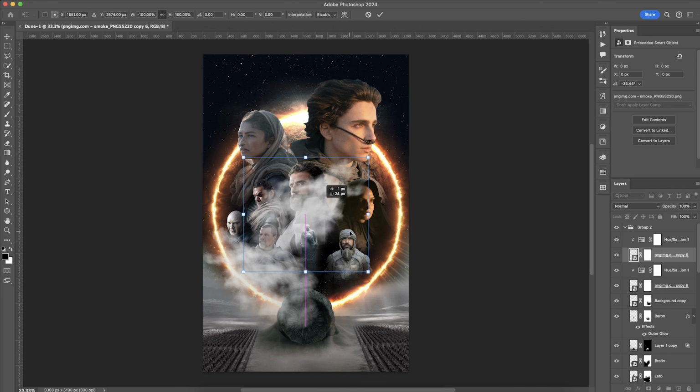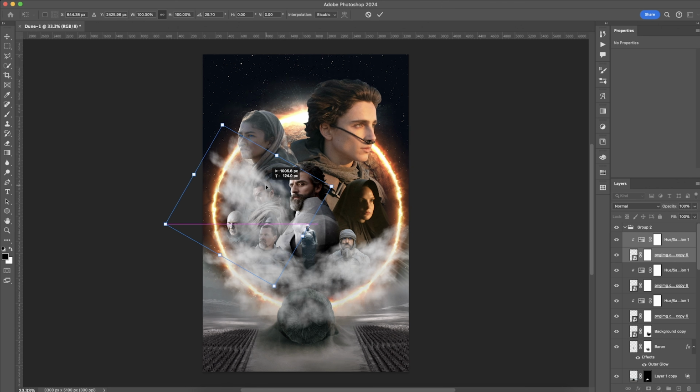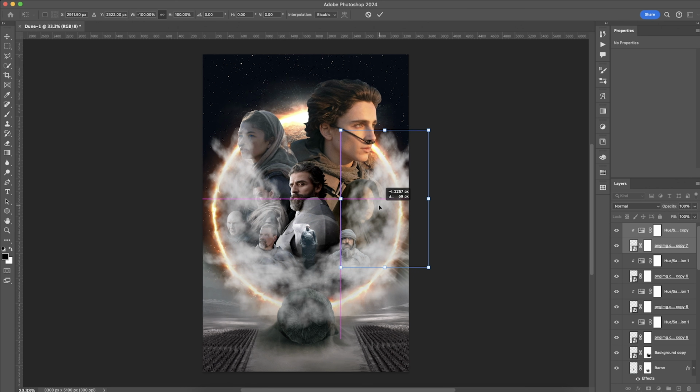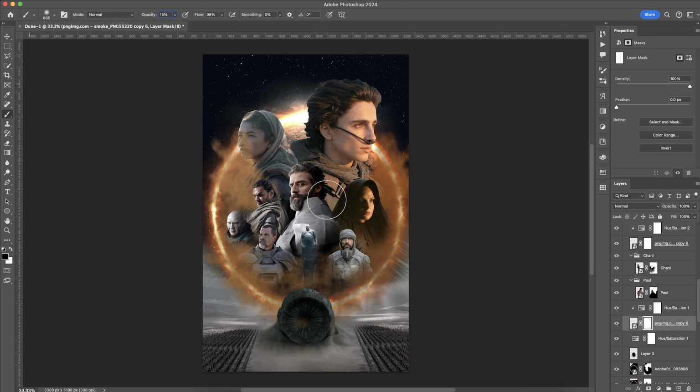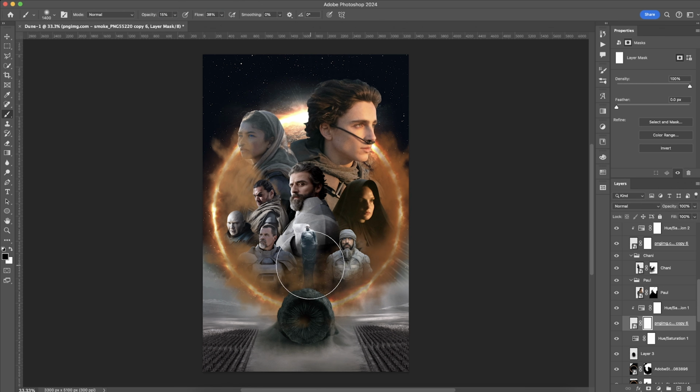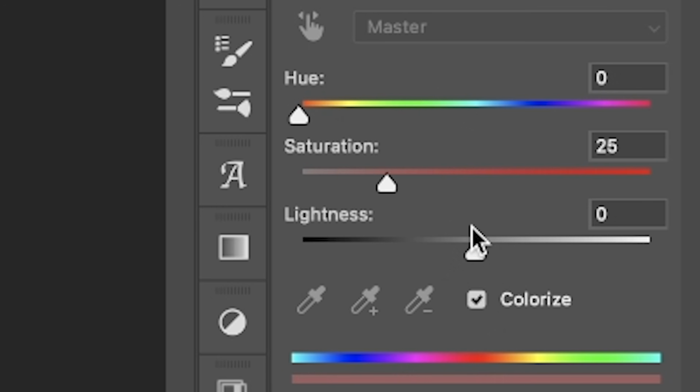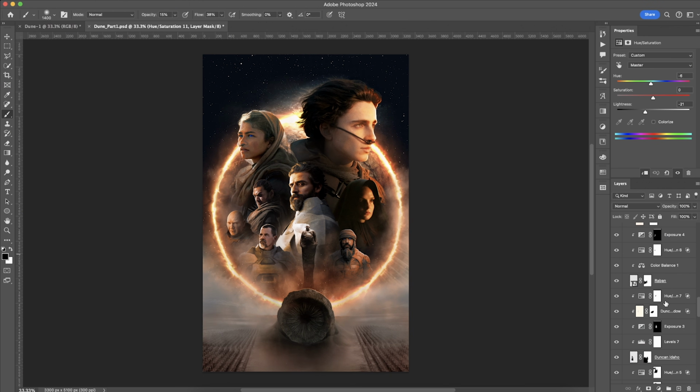Now we can just copy and paste all over the canvas and layer it in between each character. We just use a brush and we paint away some of the areas we don't like. And we finish up by matching the color values to the light source that is closest to our smoke. Easy. I think this does a lot of heavy lifting on the cohesion side and covers up some of the rough edges that might be left over from my inherent laziness.